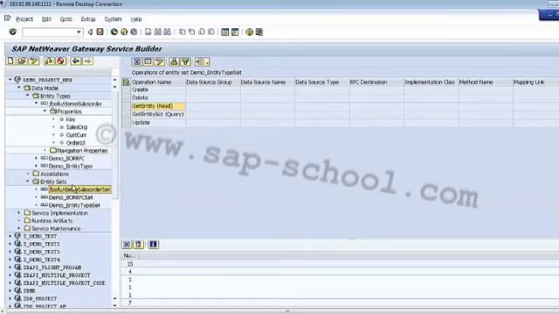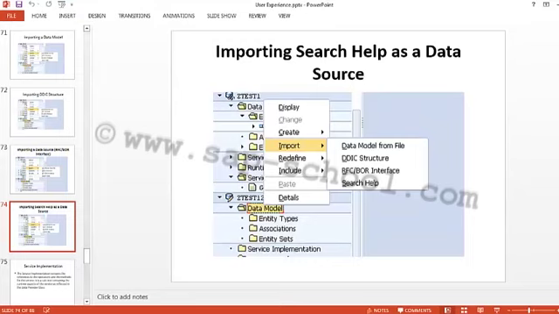So now let's go back to the presentation again. So till now we have seen how to import the data model from file, how to import it from a DDIC structure, how to import it from the RFC or the BOR interface, and then how to import it from the search help.